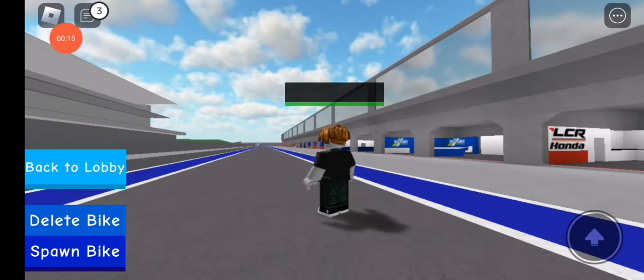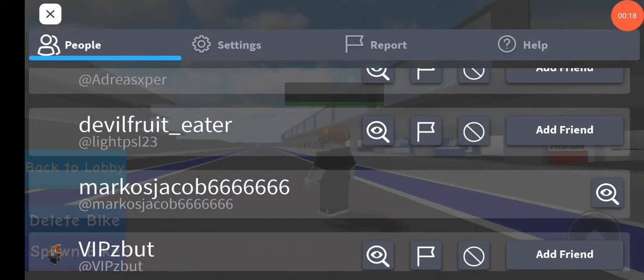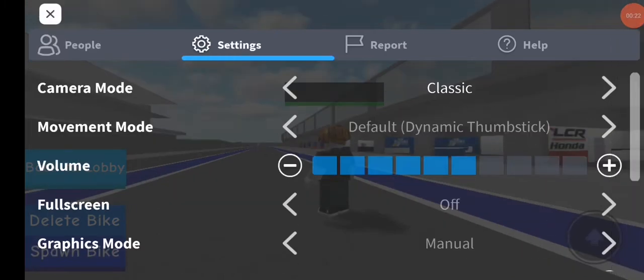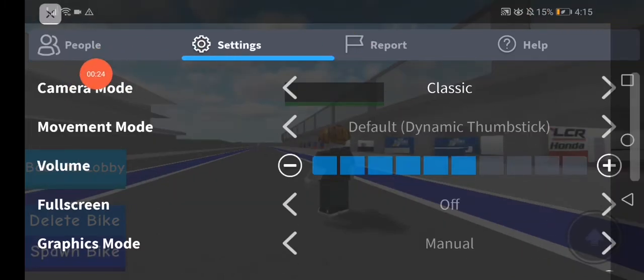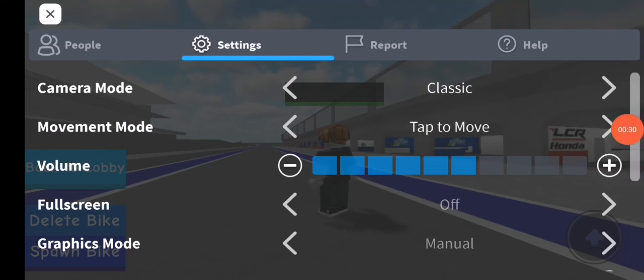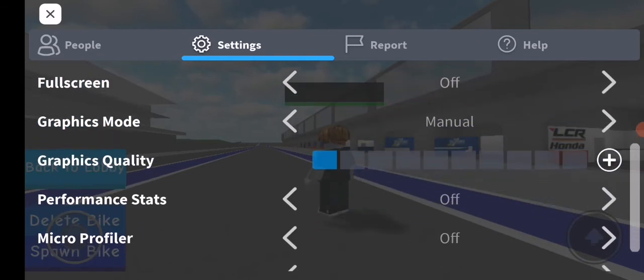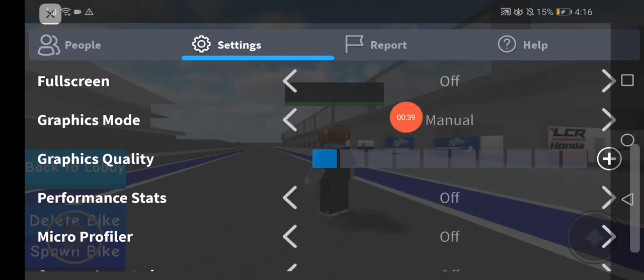Go to the top corner right here and click on Roblox settings, and then go to settings. All you have to do is make sure to make the camera mode on classic, and then go to the movement mode and make it, for example, classic thumbstick. You can choose anything you want there, and then go to the graphics mode and make it manual, and then